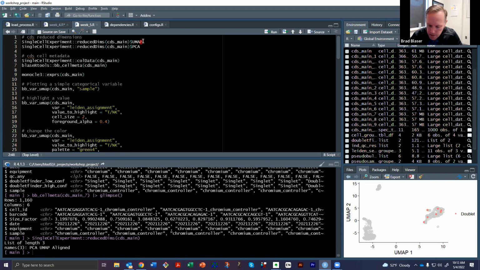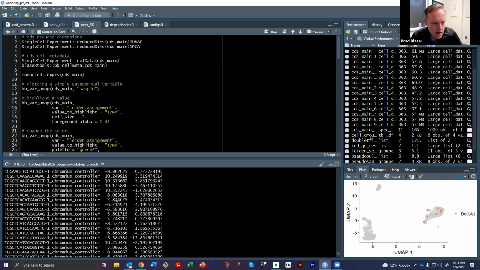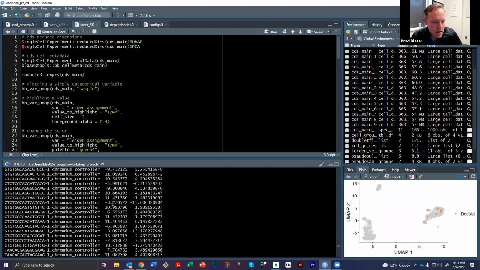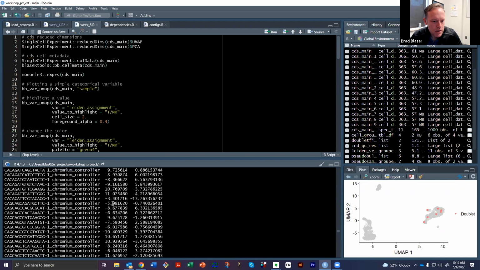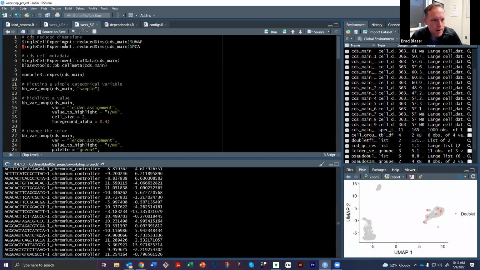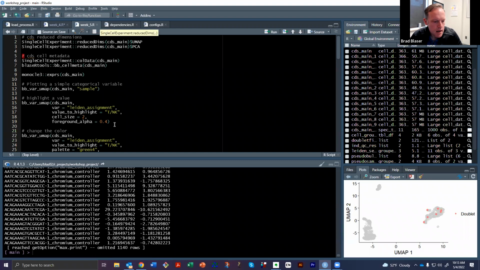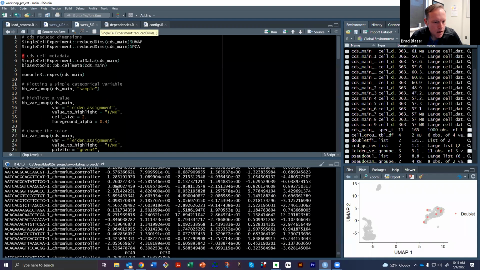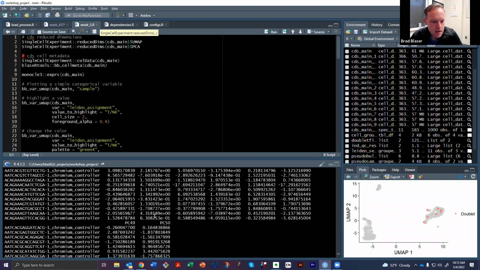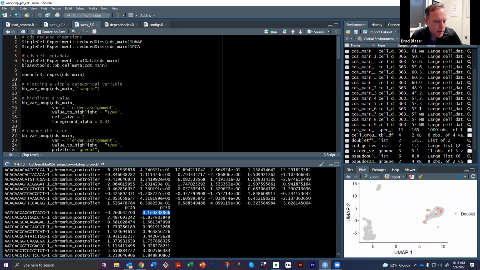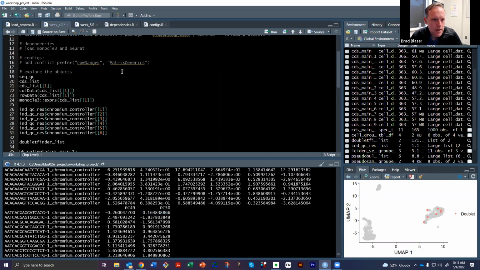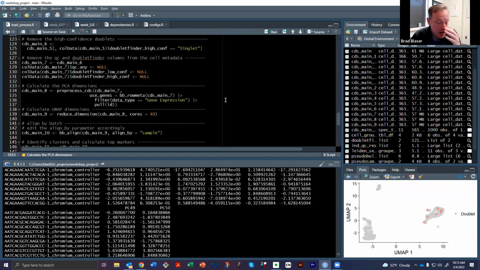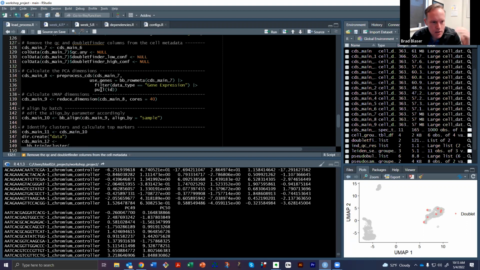And you can actually look at them like so. And you can see here that each cell now has 2 dimensions. Okay, and those are just 2 numbers that describe it. If you run the PCAs, you get more. Okay, so there's up to like 50 principal components for each cell. So that's how the dimensionality reduction is done and is stored in this workflow. Okay, so you've removed the low quality cells, you've calculated the reduced dimensions, and now basically,